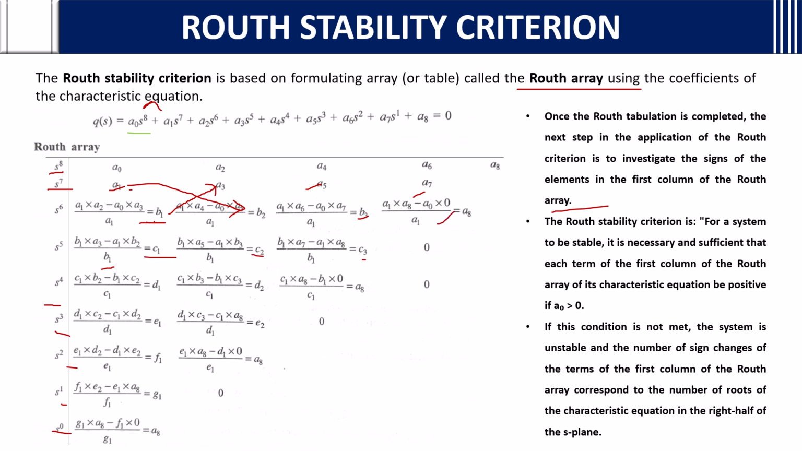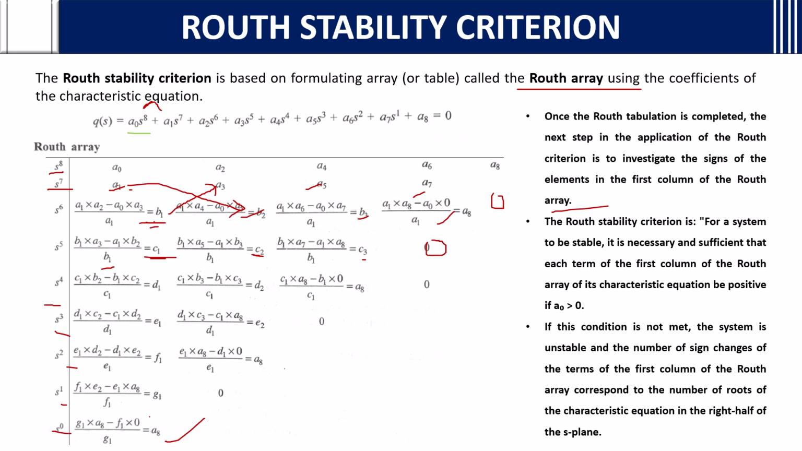After this, if you see, there is no value itself after a8. So this will become 0. Okay, this will become 0 and this will also become 0. Then like that it continues. Then for the next, you will take C1 into B2 minus B1 into C2, divided by C1. Then like that it continues till the last row. After doing it,